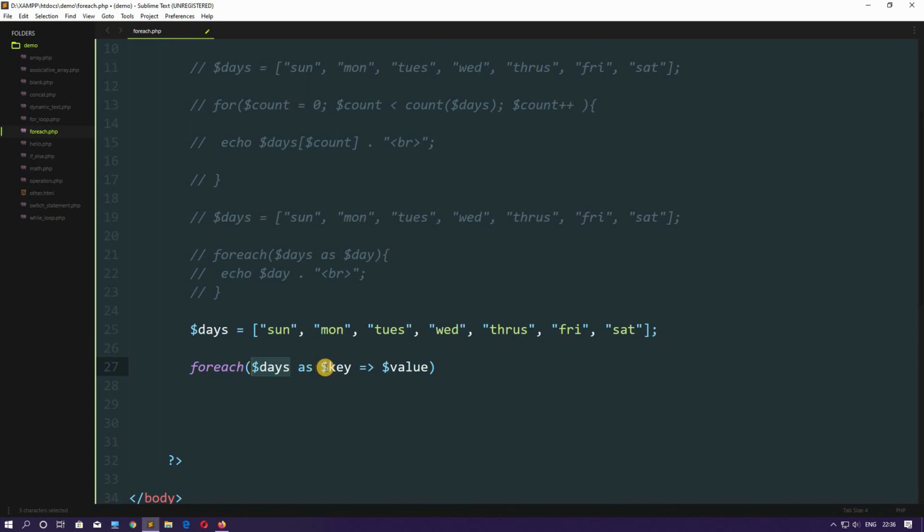So what will happen here, at every instance when the control comes here, it will assign the first index here, the index 0, and the value of the first index here.